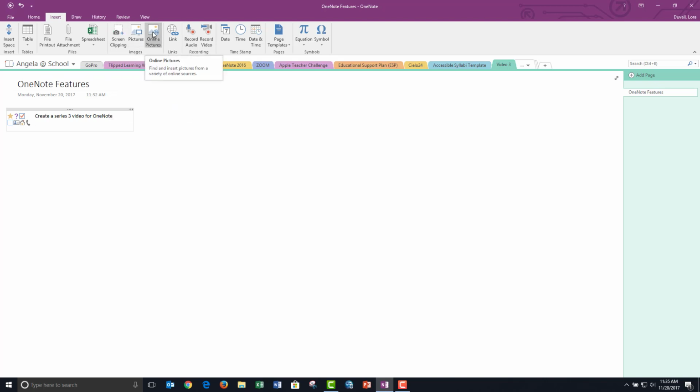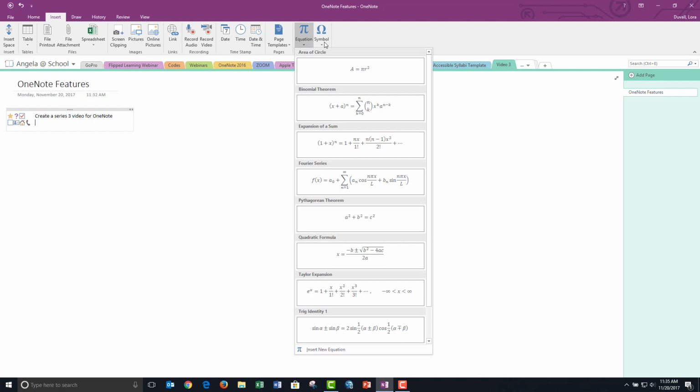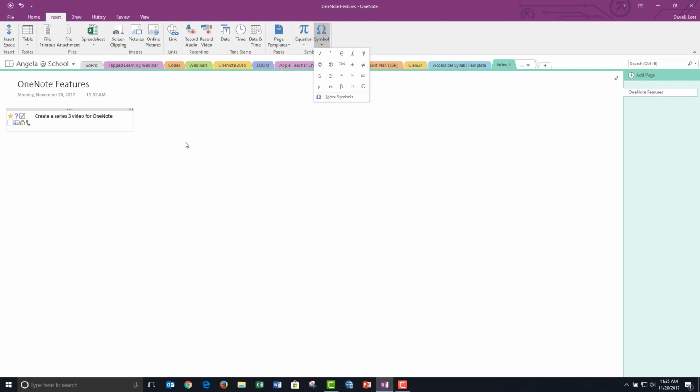You can go online to get pictures. You can insert a hyperlink, recorded audio and video, and you can do your date and time stamps. You might want to put in math equations or some type of symbols into your notebook for your promotion or your tenure portfolio. These are features that are available.